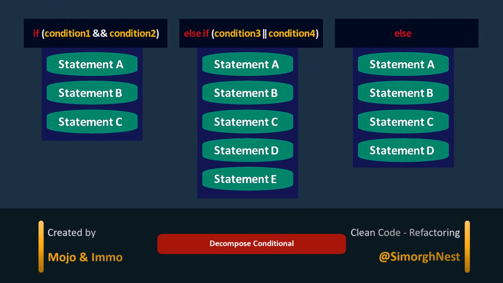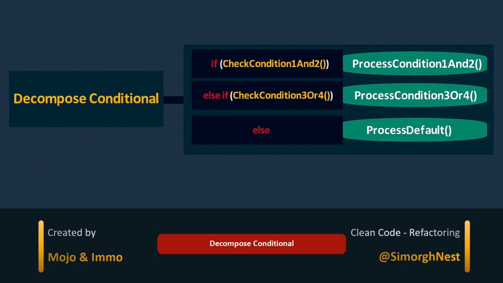As developers, we sometimes end up writing code with lots of nested if-else statements or conditional logic that gets complicated and difficult to understand. This usually happens when we try to put too many things into a single method or function. The decomposed conditional refactoring is a simple but effective technique to untangle these conditionals and make our code more organized, modular, and easy to maintain.